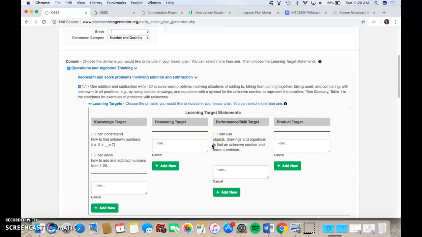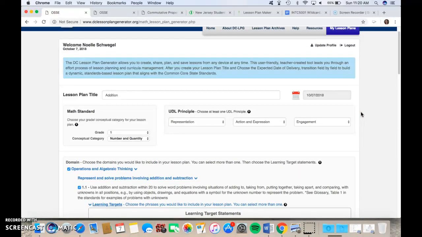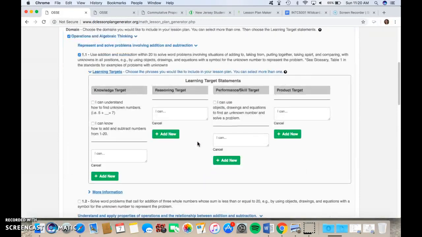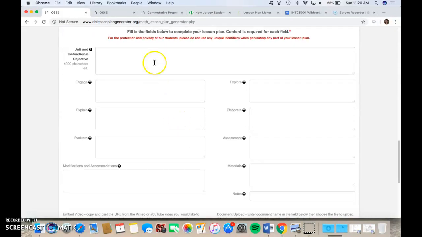And then you can, from there, select which standard you are using. And you can also add in learning targets that get at that particular standard. Something else unique is that you can load in UDL, or Universal Design for Learning, principles within here. So whatever fits your lesson best, you can select one of these checkpoints. And from there, once you have saved all of that, you can go ahead and edit each of these 5